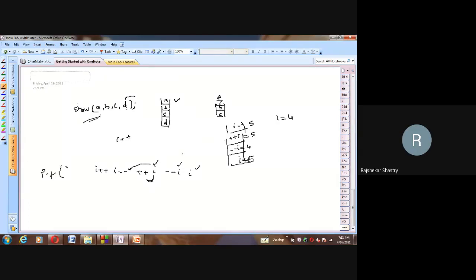And then upon that you have I plus plus. I is 4. I plus plus is also post, so first 4 will be pushed here, and then I gets incremented to 5. So if you see the stack, popping takes place from top to bottom only. So if you pop it, 4, 5, 5, 4, 5 is the output that you will get. And this is option D, 4, 5, 5, 4, 5. So therefore the answer is D.